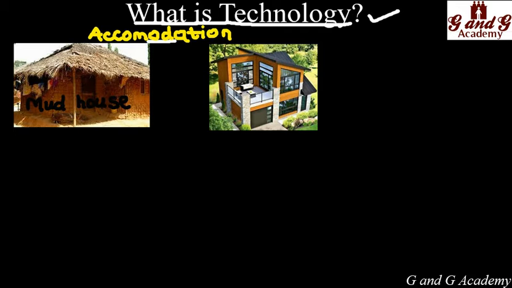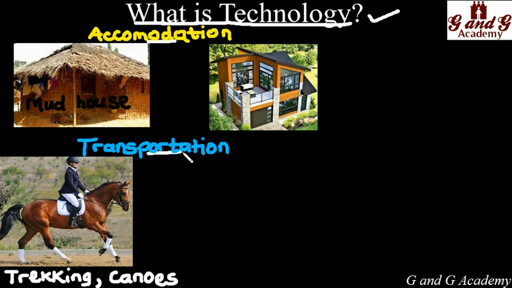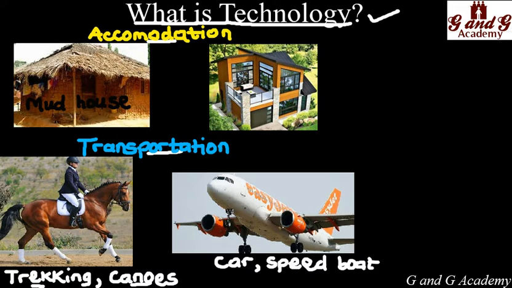Right. Now let's talk about transportation. In the olden days, people normally transported themselves maybe by foot. That is just the best they had in those days. Sometimes they trekked miles, sometimes they paddled canoes. But in these present days, we have faster means of transportation. A good example is this aeroplane that we are looking at here. Of course we have fantastic cars, and we have speedboats. For example, if you are going from Ikorodu to Ajah in Lagos, Nigeria, you spend like 6 minutes with this speedboat. Are you getting what we are trying to say?